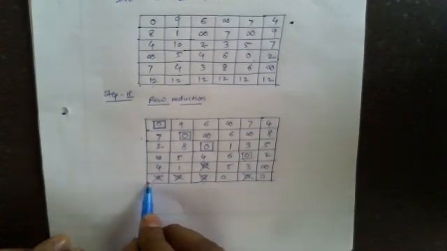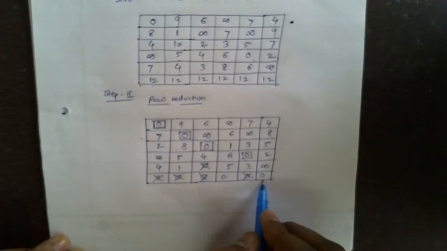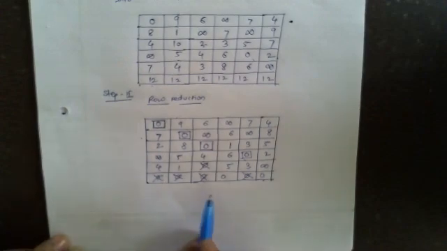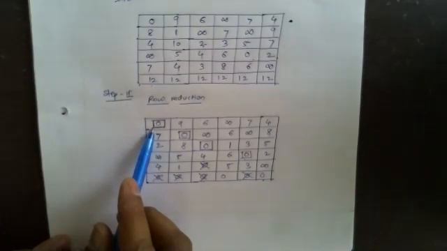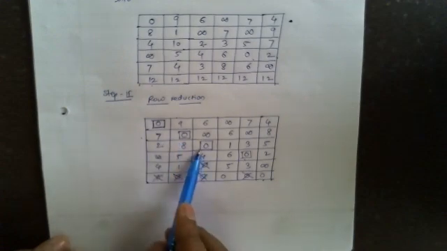Now in the sixth row, there are two zeros, but we are interested in only one 0. So we'll skip this particular step, that is row number 6. After completion of row number 6, we have to start with column wise: first column, second column, third column. Go for the first column. We already did the assignment, so skip this step. Second column, again we are having the assignment, so I will skip this step. Third column, we are having an assignment, I will skip.